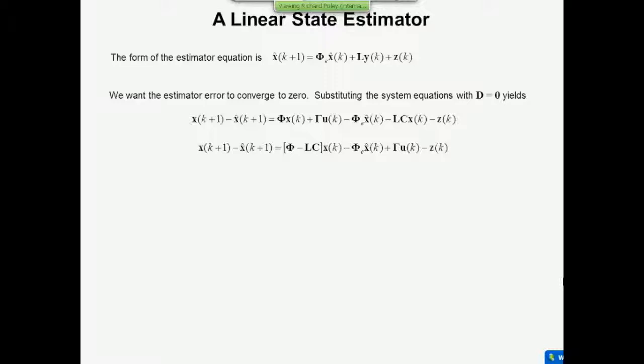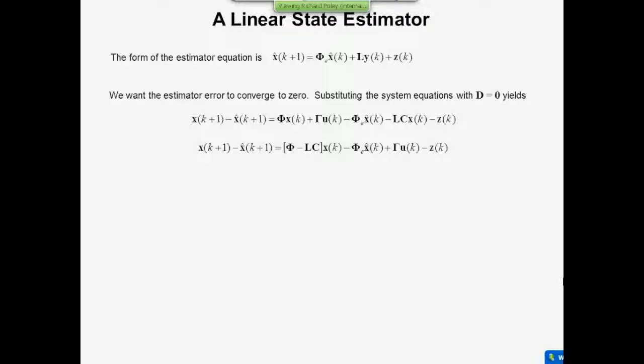And now what we'd like to do is to have a nice simple equation that we can use to design L. And this doesn't look very much like a nice simple equation, but we can make it nice and simple by choosing this matrix CE to be phi minus LC. Because if you do that, we've now got these two matrices the same, and we can say x minus x hat here. That's the actual estimator error. So we've got the estimated state error here and the actual state error over here on the right.